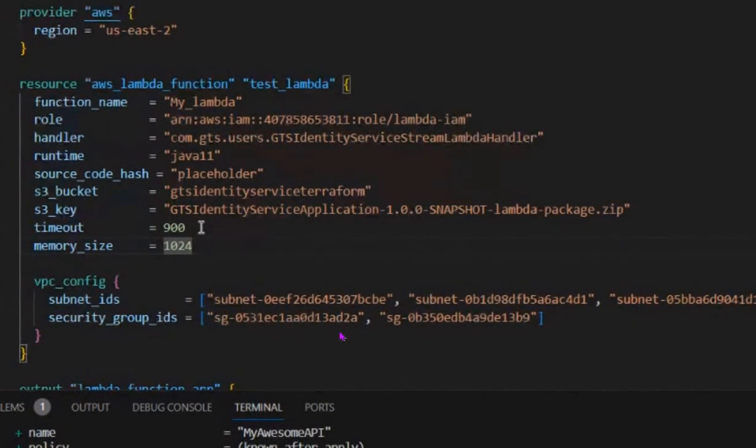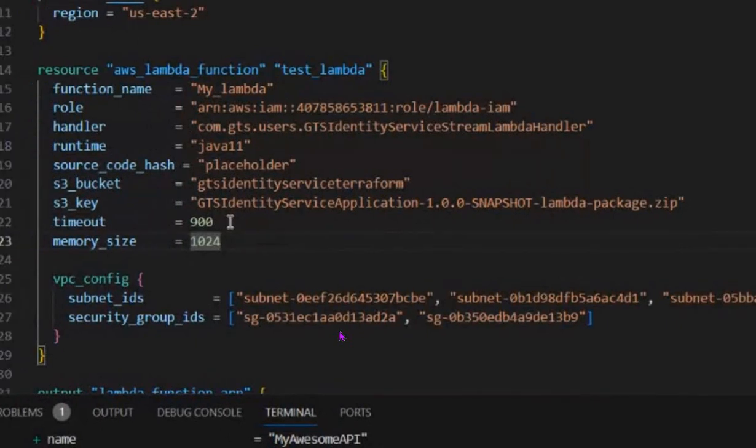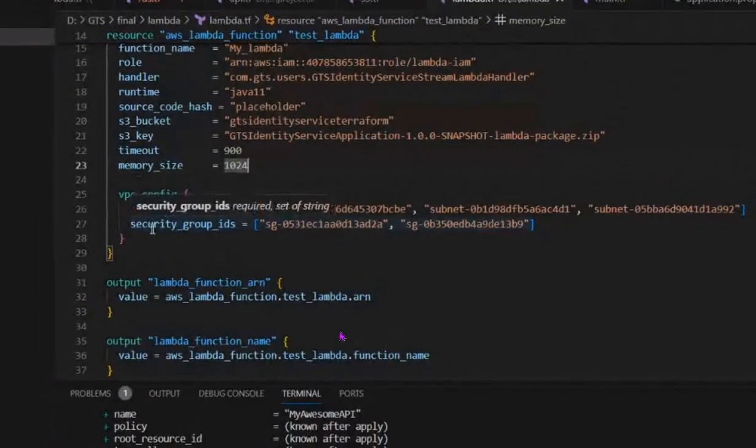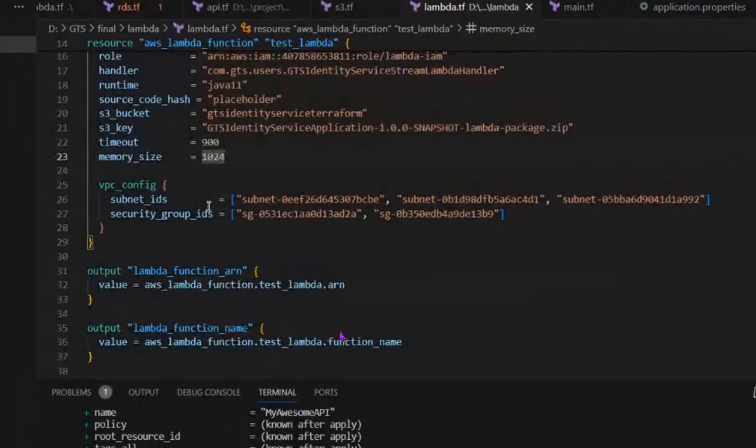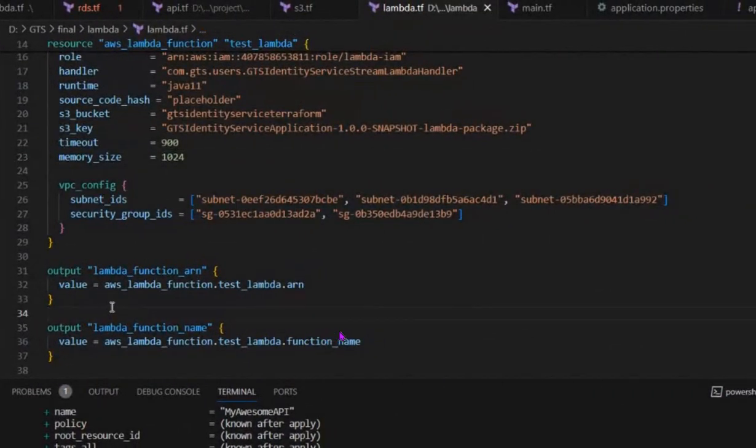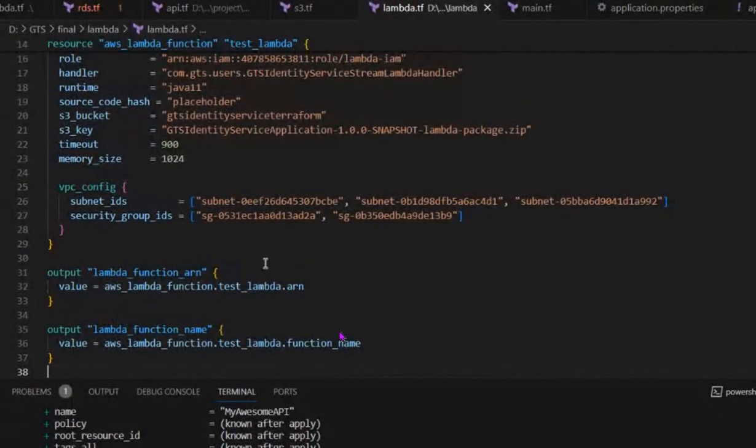So memory I have increased to 1 GB, and for this I am associating a subnet and a security groups and output, so that after running the script I'll be getting an ARN of the Lambda function and the name of the Lambda function. So this is the thing. After running this successfully,